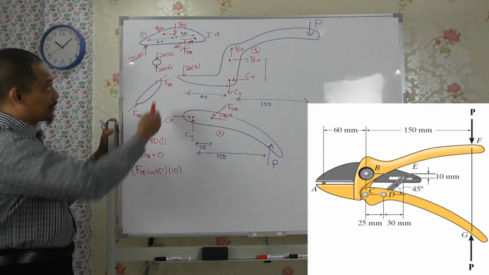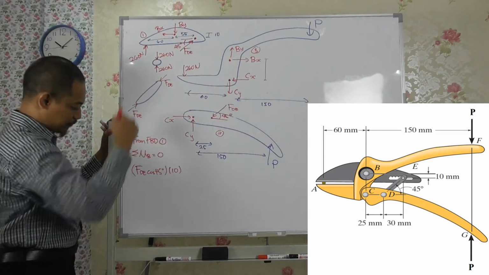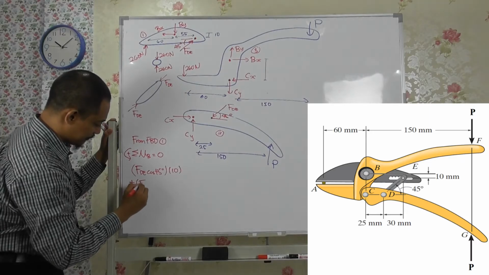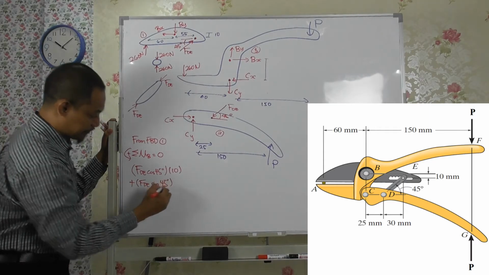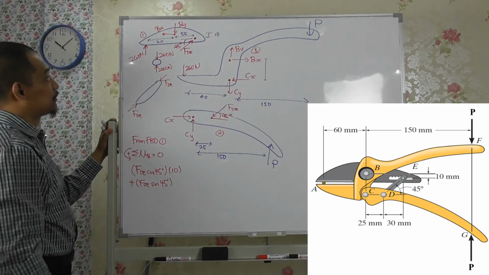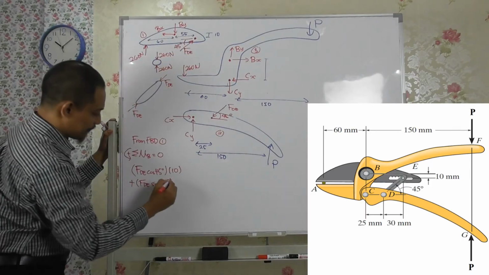And it's counterclockwise, of course, positive. So if you take the vertical one, also counterclockwise, so positive FDE sine 45 degrees, and distance to point B here, right? Because we take moment about point B, so this is 55,